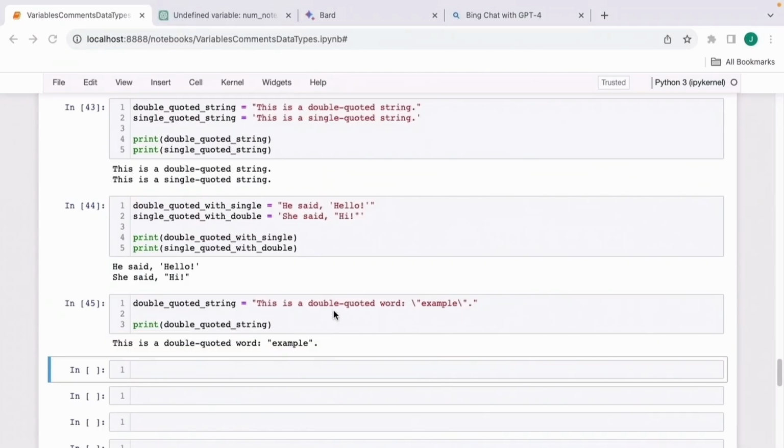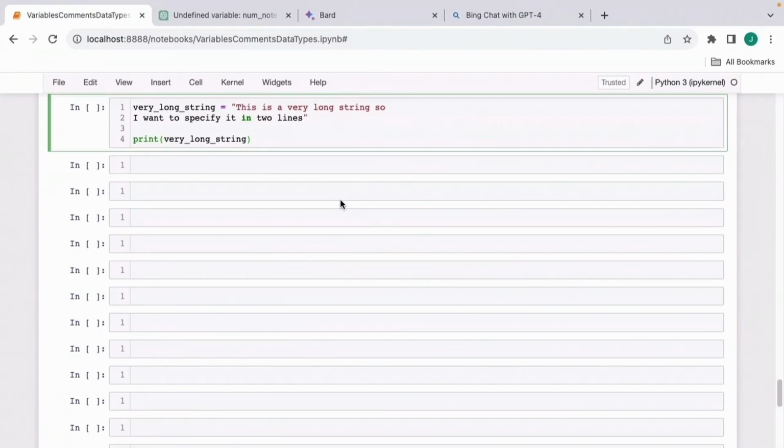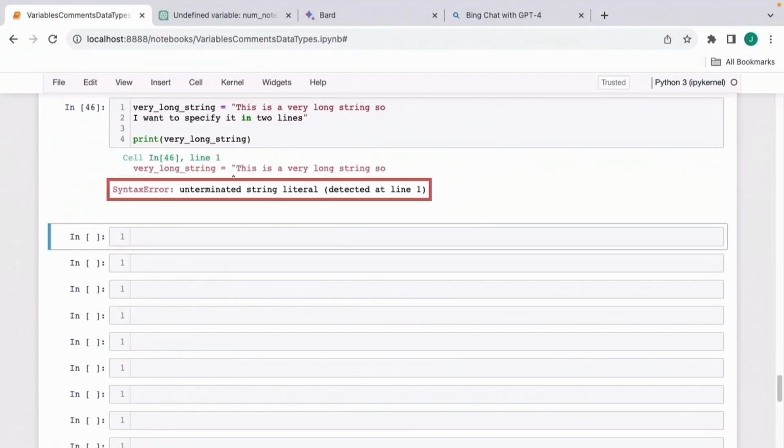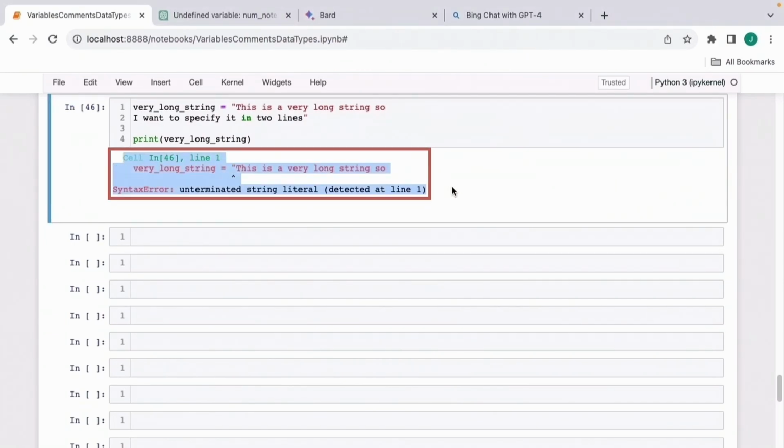Let's now see how you can have a string span multiple lines in Python. If you have a very long string and you want to write it across two lines, you might be able to see here that this really won't work. I get a syntax error. As with all errors, I'm going to ask my Gen AI assistant what this means, and this time I'm going to pose the